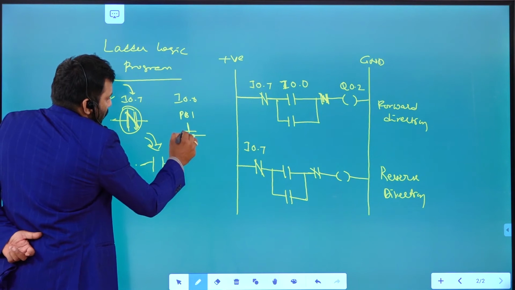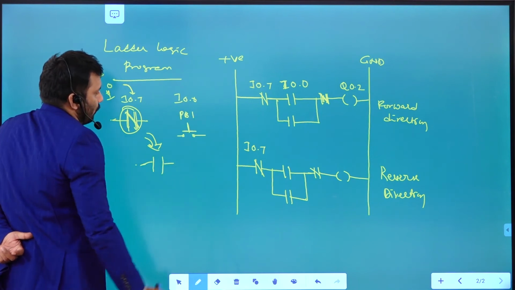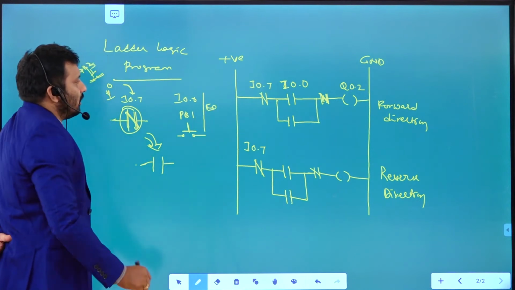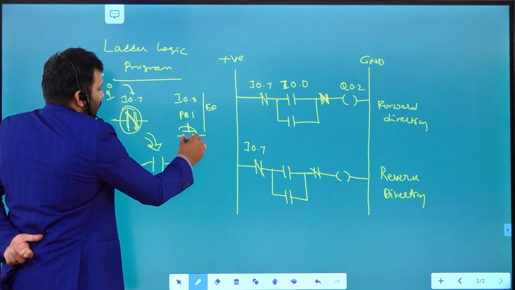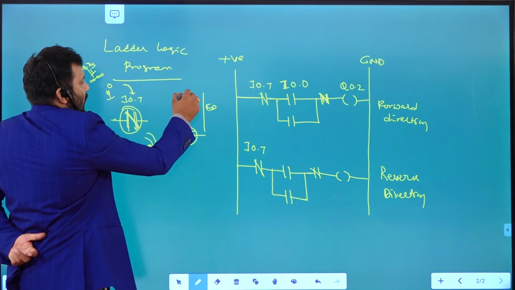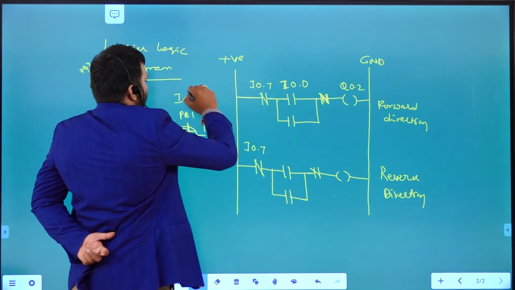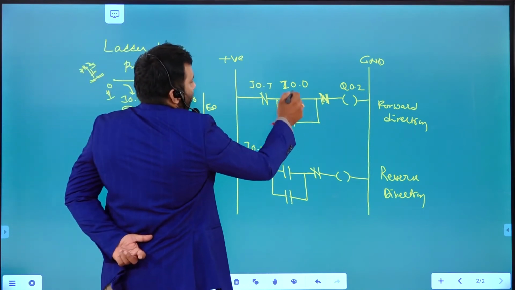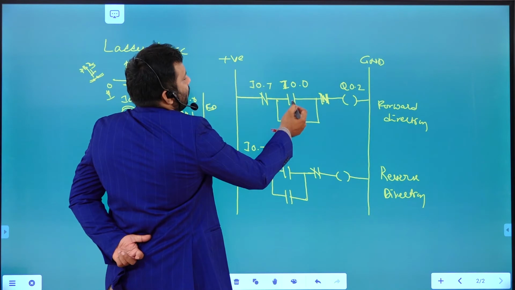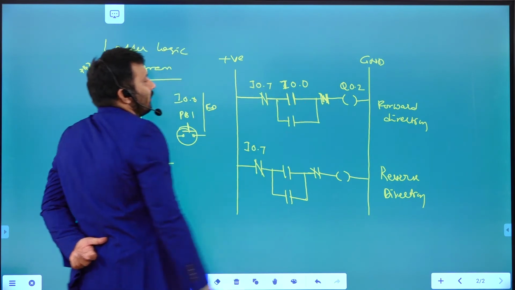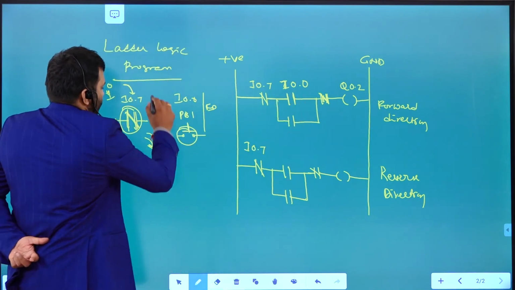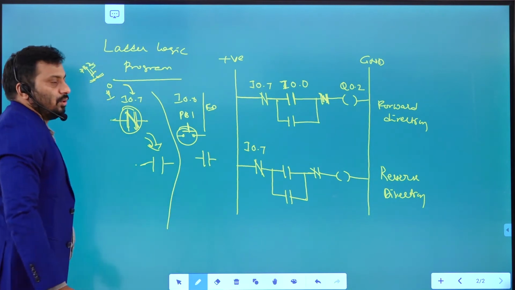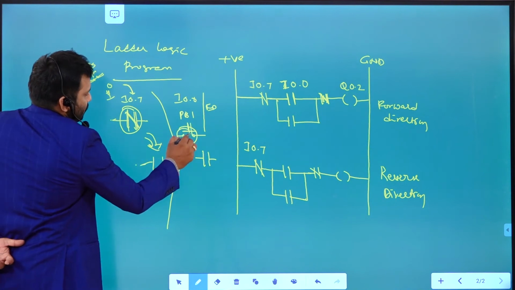So what will happen? Push button 1 is connected to the I 0.0 terminal to rotate the motor in the forward direction. If you don't push this push button 1, I 0.0 is going to be 0. Once it is 0, this contact is not activated. That is the reason the normally open contact stays in the normally open position only. If you push this push button,